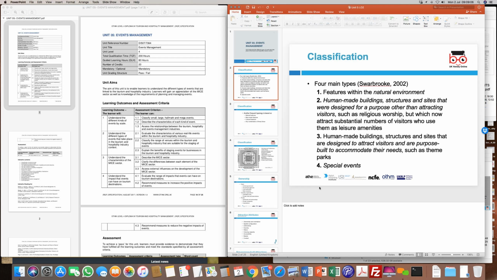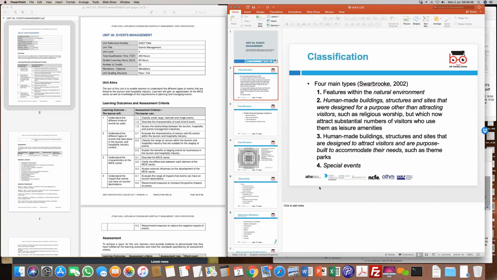The second one is man-made. For example, the pyramids of Giza in Egypt, or after 9/11, the Twin Towers memorial which have been created. These attractions are classed as buildings, structures or sites, designed for the whole purpose of attracting visitors. In some cases it could be for religious reasons as well. Look at Burma, Cambodia, parts of India, or Saudi Arabia, the Holy Mecca where people go. These are structures created for religious reasons.